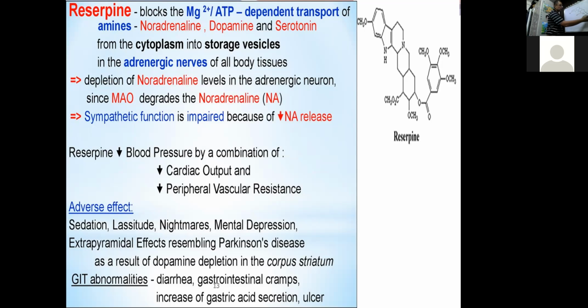If you see how many methoxy groups there are: 1, 2, 3, 4, 5 methoxy. First thing is your indole, which is connected to your piperidine, which is then fused to another bicyclic saturated ring, that is a saturated naphthalene, which contains a methoxy and a carboxylic ester, which is connected by an ester moiety to a trimethoxyphenyl group. So this is the structure of your reserpine. Okay, so that completes your topic.